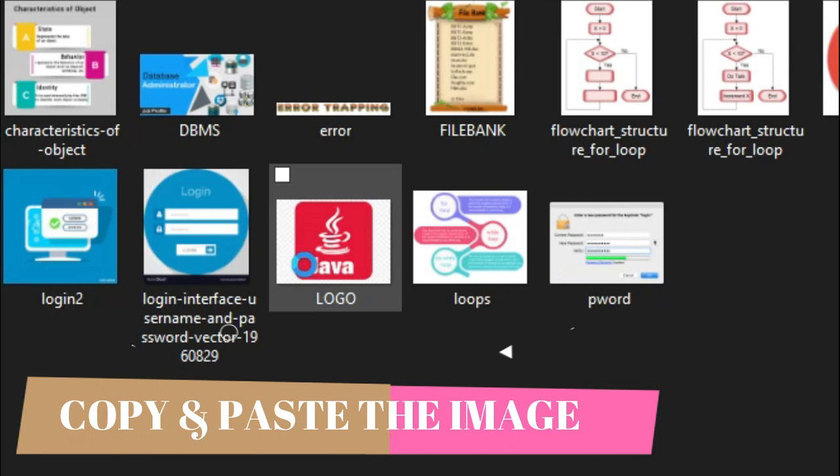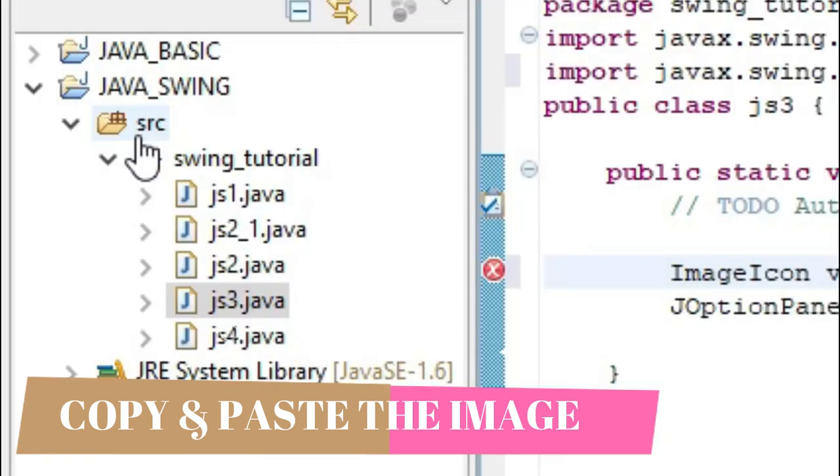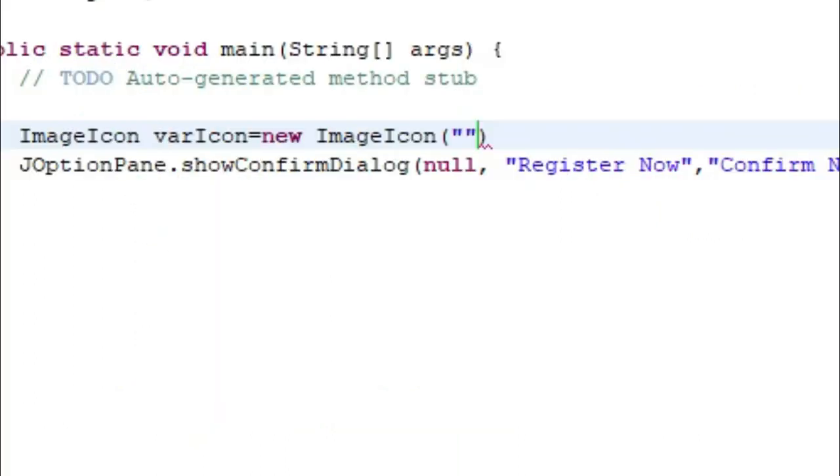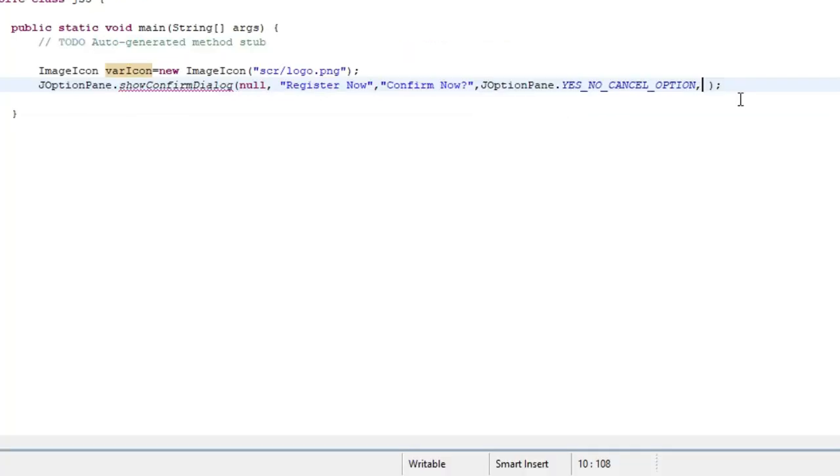All I have to do is to copy this logo, click on the Java SRC, click, then paste. What will happen? Automatically the logo.png is added to our SRC. Or we can insert an image using SRC together with slash, then the logo, the file name itself, PNG. So in order for us to use the image icon as our icon on our dialog box,